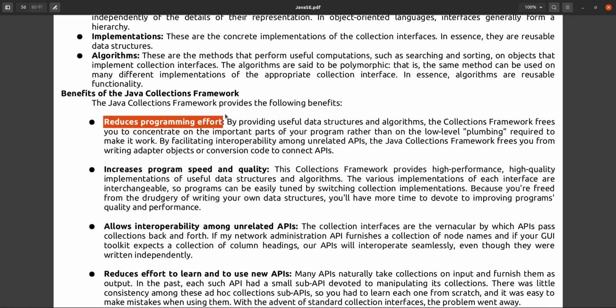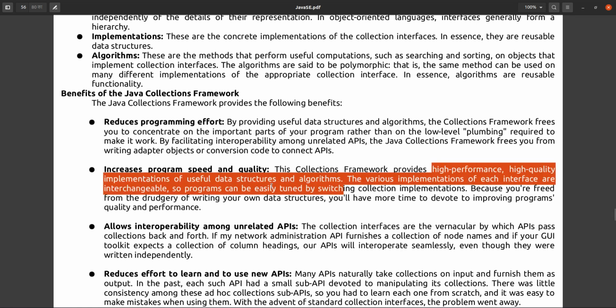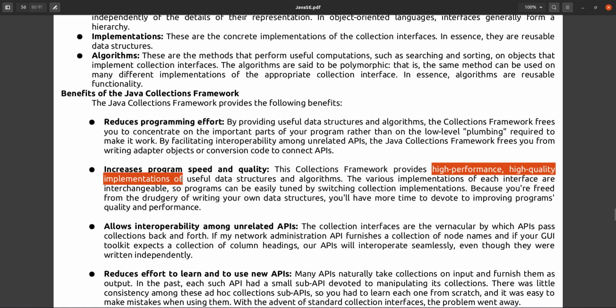So it will reduce the programming effort, and increase program speed and quality. How? Because whatever code is already there in the utility package is well tested. You don't need to do any testing. The collection framework provides high performance, high quality implementations of useful data structures and algorithms. Yes, it's a very important line to understand here.